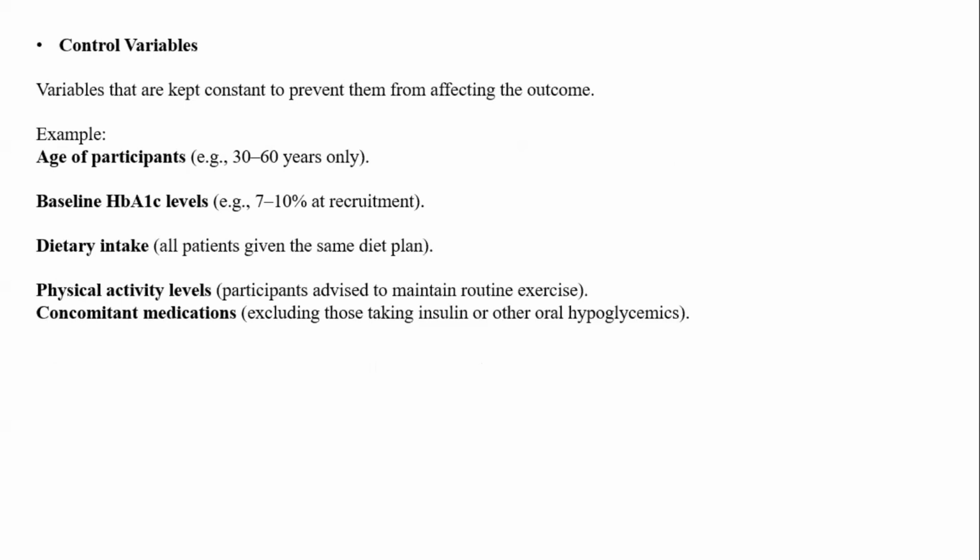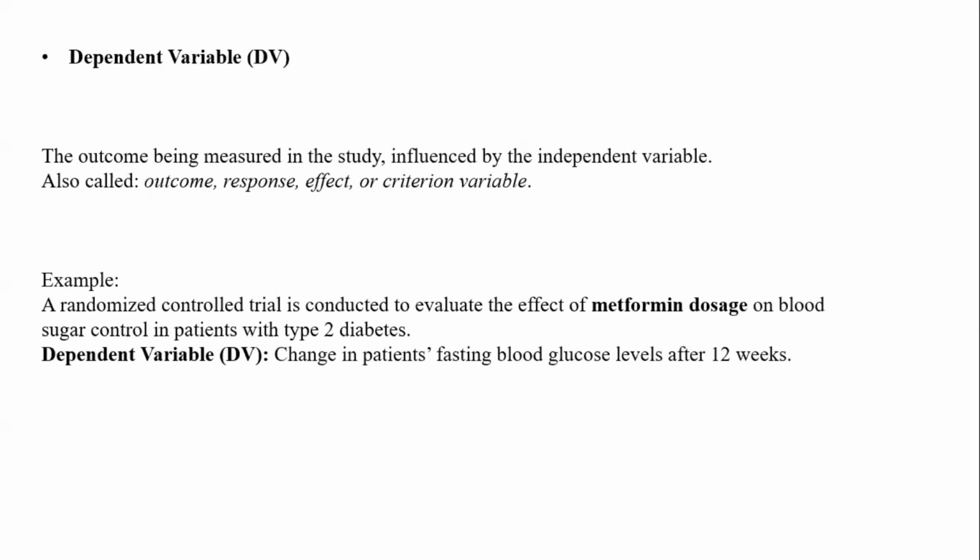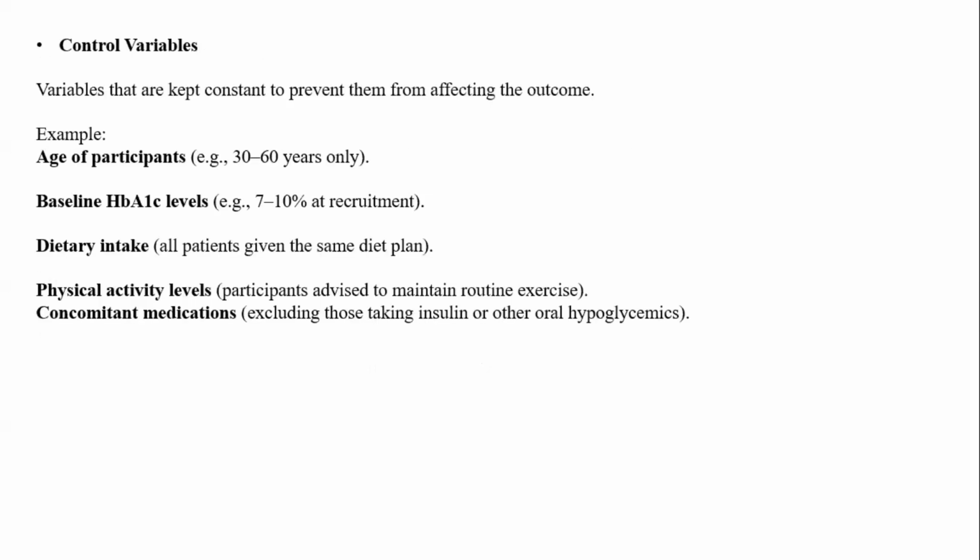Secondly, the third type of variable, based on research, is control variables. A control variable is a variable that is kept constant to prevent it from affecting the outcome. For example, each participant in this metformin dosage evaluation may fall under 30 years, 40, 60, and so on. Moving onwards, the baseline